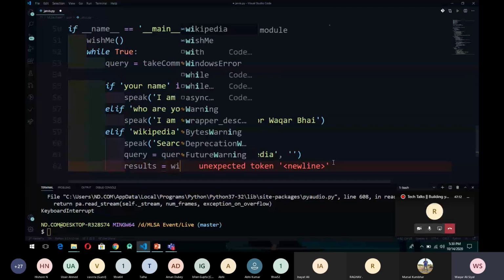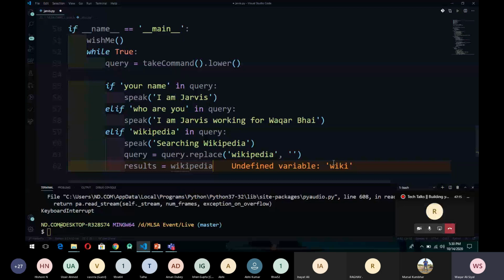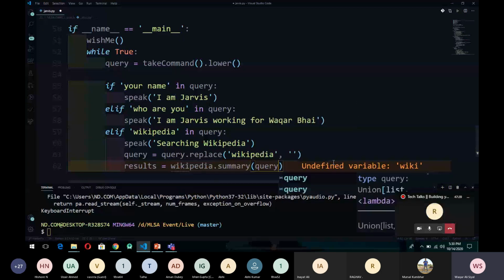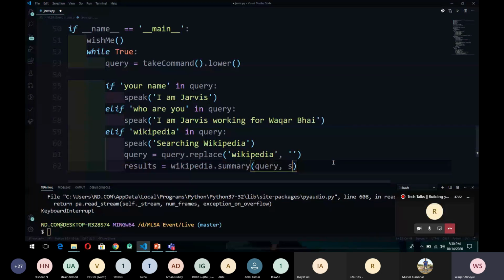So here we use Wikipedia module and we can get the summary and query and sentences. Sentences you want, you can pass here. So here we will get the 2 sentences. And now